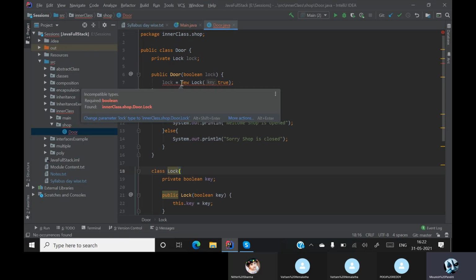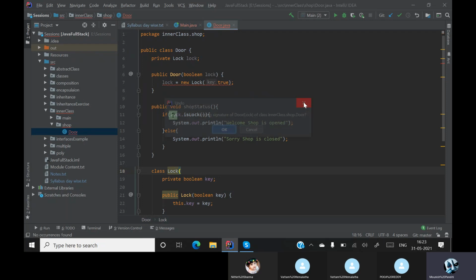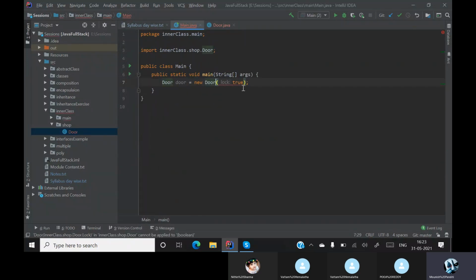This is my lock. Error. Change parameter lock type to inner.shop.lock. No, I won't change this. So this is a lock, this is a lock, this is true, shop.status is true, everything is true.